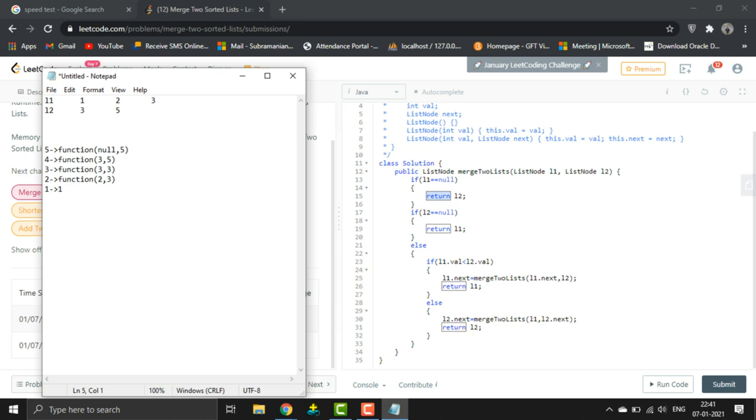See here, 5 in here will point to 3, which is in here. Now 3 in here points to 3, which is in here. Now 3 in here points to 2 in here. Now 2 in here points to 1 in here. So output would be like 1. Yeah, there we go. Sorry, it's not 4, it's 3 only.